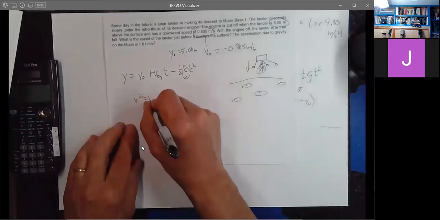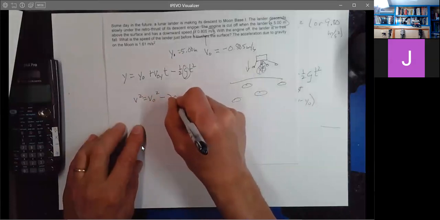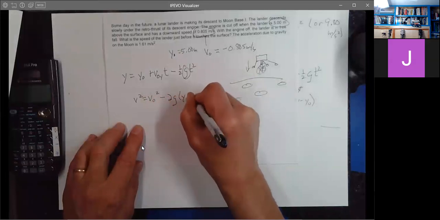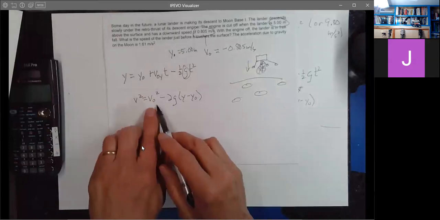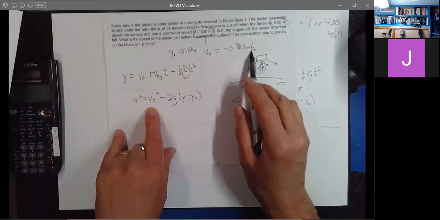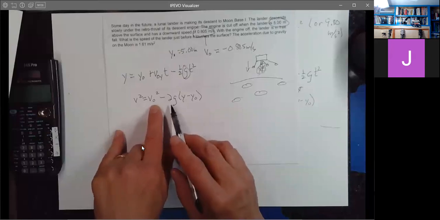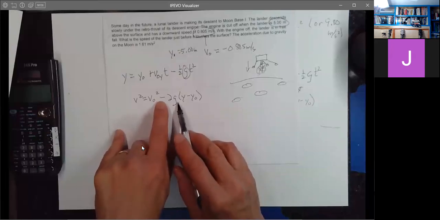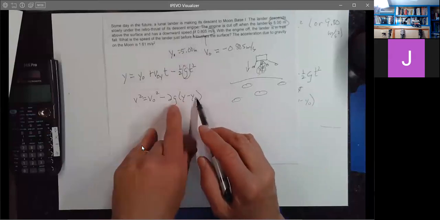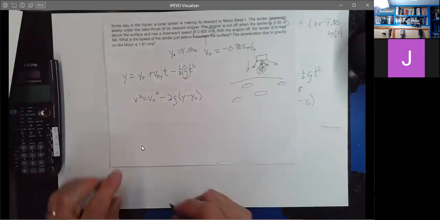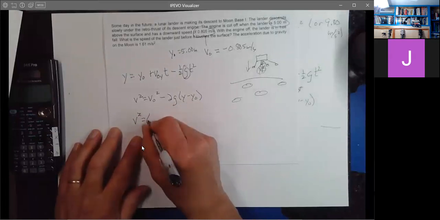V squared is going to equal V naught squared minus 2g times y minus y naught. Okay, and we know V naught, it's minus 0.805 meters per second. You're going to square it here and get a positive value. This equation has a minus sign in it, but y is going to be 0, and so you're going to have minus y naught multiplying that thing. And I'll just set up the equations and you can solve it if you want to, but it would be minus